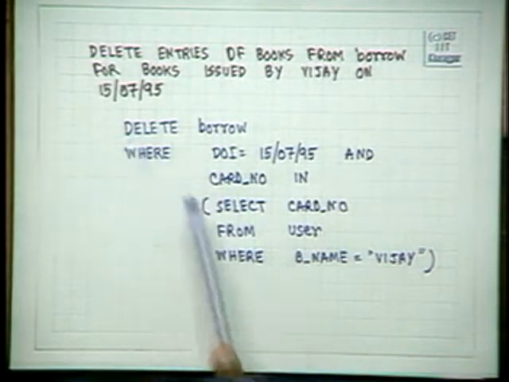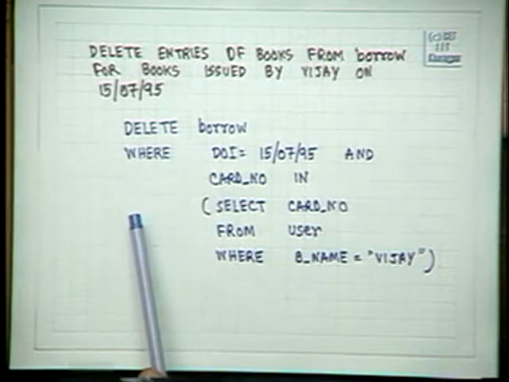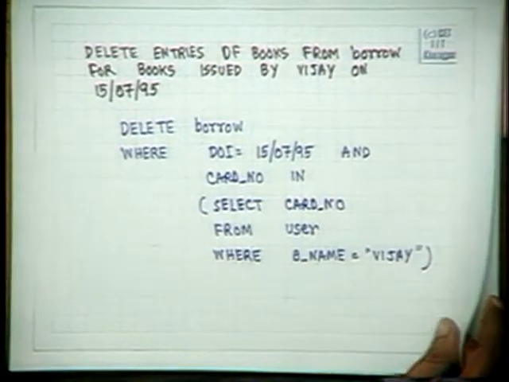So this is from the previous idea which we employed. Using that idea we can directly write down this query. A slightly more complicated version of the same query is